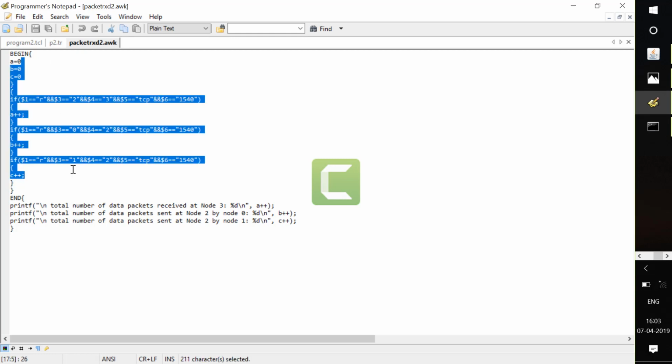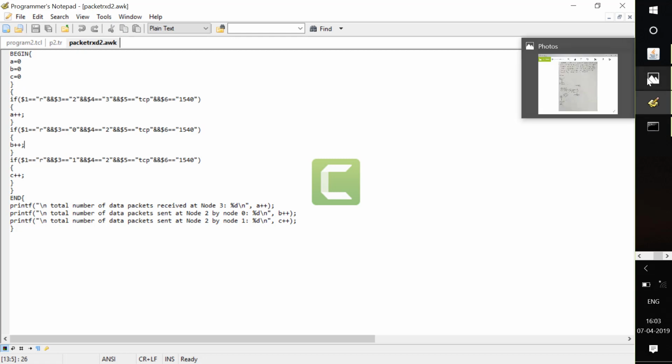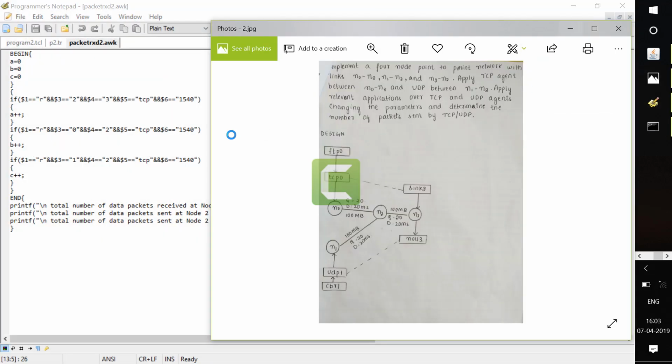How to calculate here is the same way. You have seen the image here. The first part here is TCP is connected, N0 to N3, TCP is connected, sink is connected, FTP. So whatever packets are received at N2 are the packets sent from N0 to N2, and are the packets sent from N2 to N3. That is the meaning here.